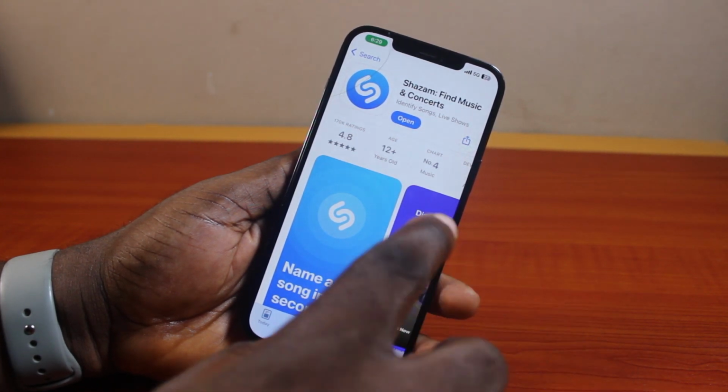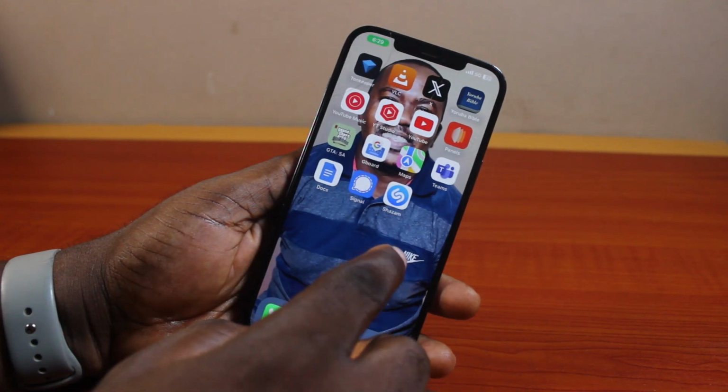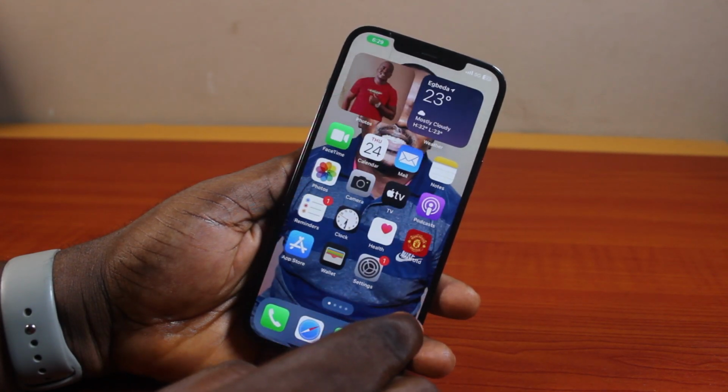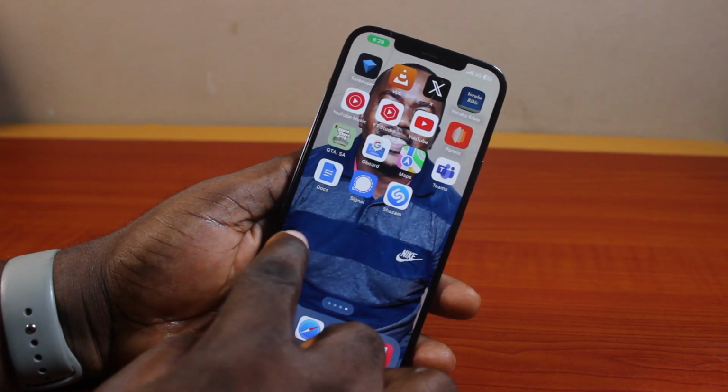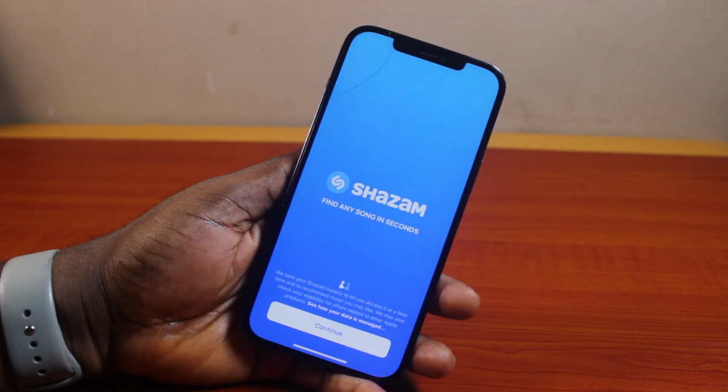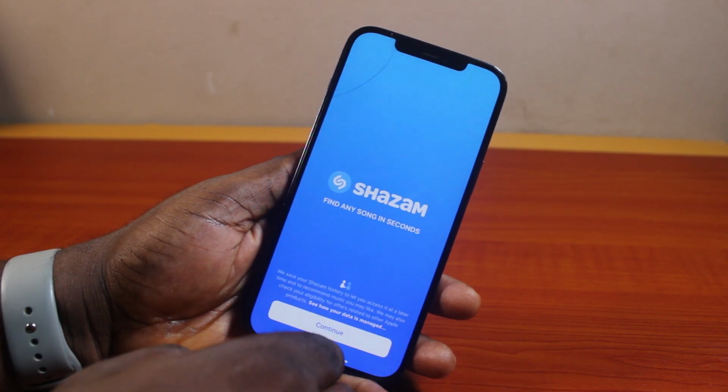Once you do that, you can just go ahead and click on the Open button, or better still, come to your iPhone app screen, locate Shazam or search for it, and then click on it. You see that? Then you'll be prompted to continue and set up your Shazam account. So that is basically how to install